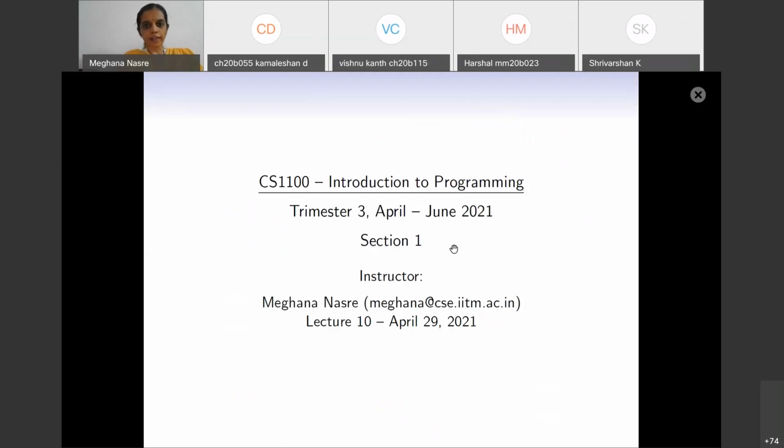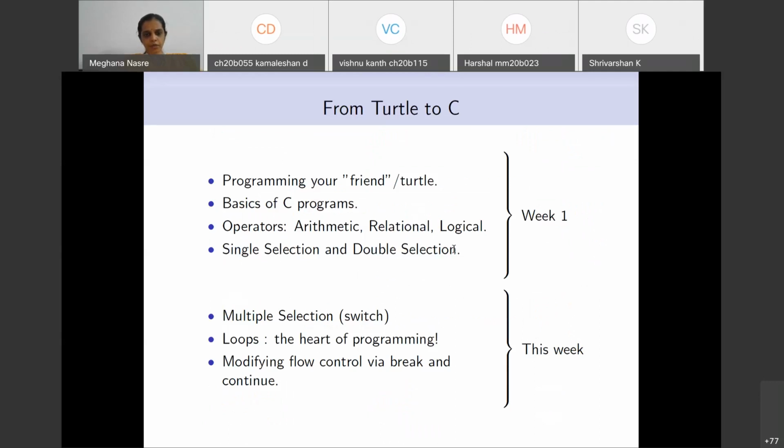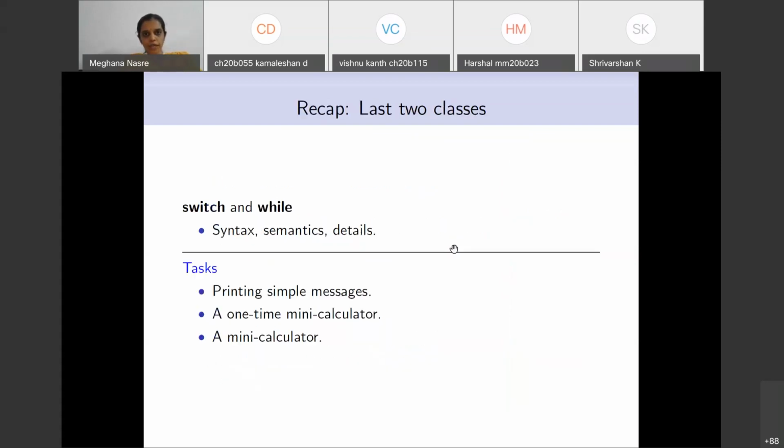Okay, so good morning all. Welcome to the 10th lecture of the course. We have been looking at loops in the last class. We have started looking at loops, and these will give us the power of doing several things. And today we'll again list out a few tasks that we want to do. We had listed out certain tasks in the last class. We'll finish them and move on to some more interesting tasks in today's class. And then as a follow-up of this, you will write programs for performing similar tasks in the lab.